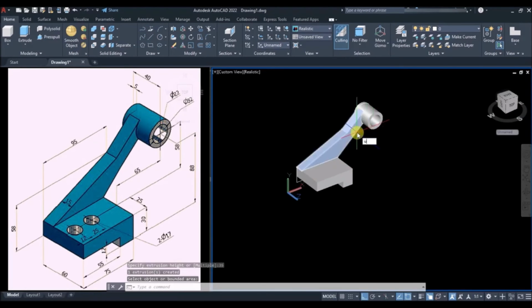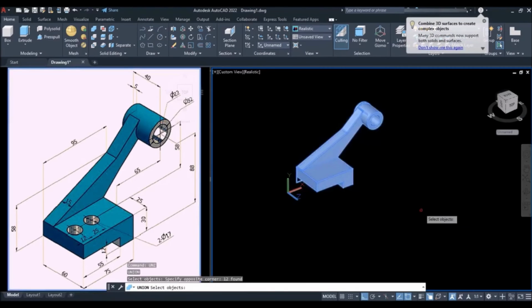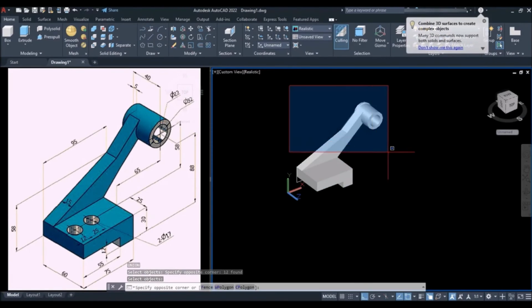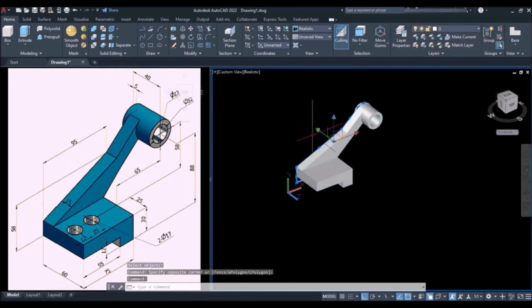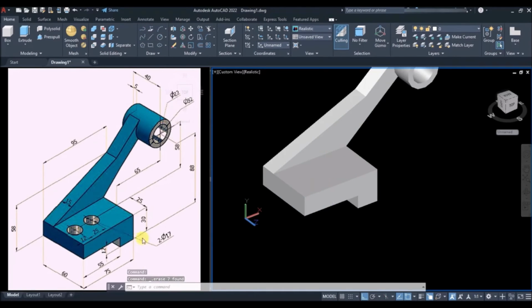Now type UNI and press enter. Select the complete 3D model and press enter to union this into one element. Now I'll erase all the 2D lines. Now there are two holes out here of 17 dia at a distance of 12 from this edge and 25 from this. So first I'll set the UCS to world.top